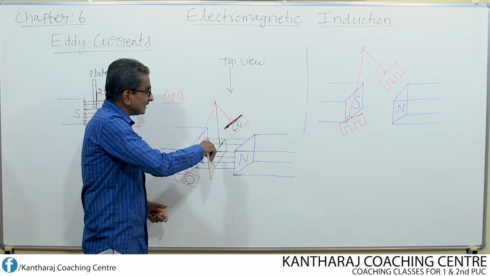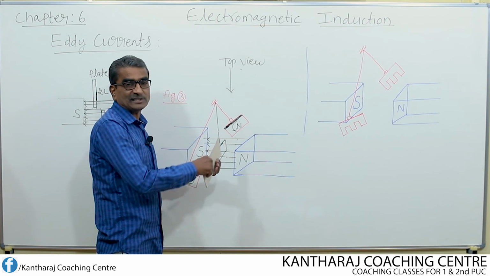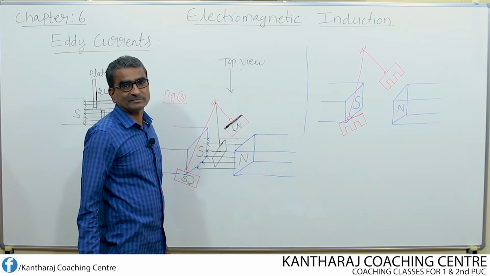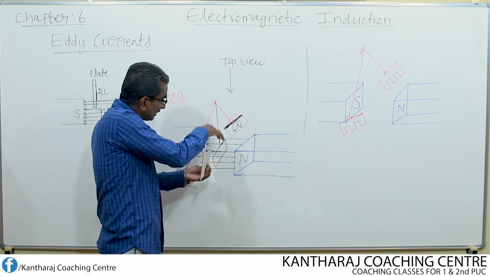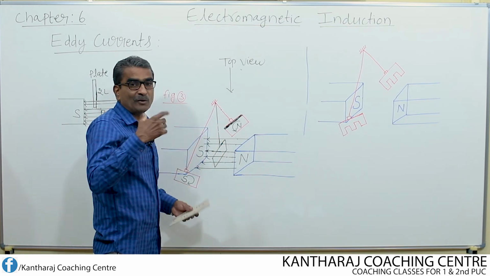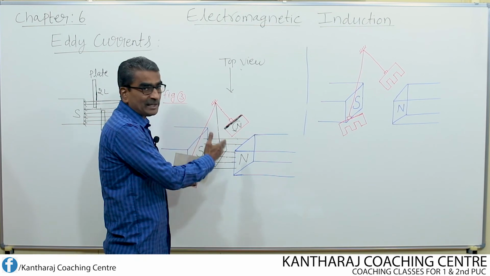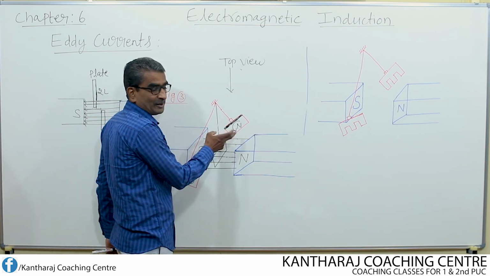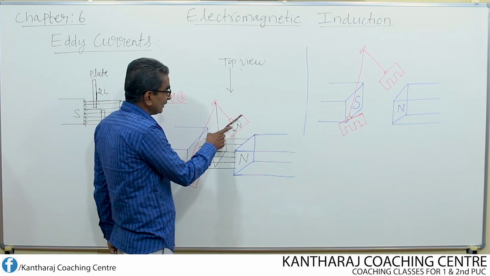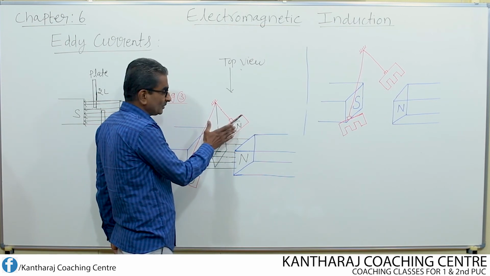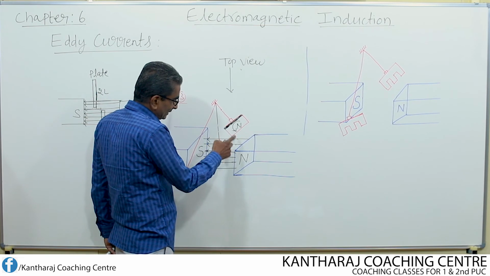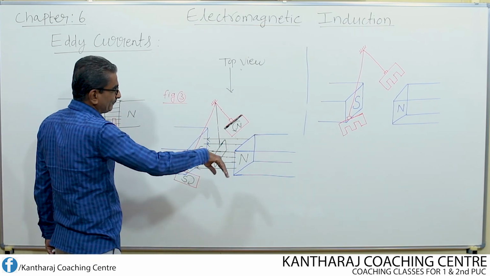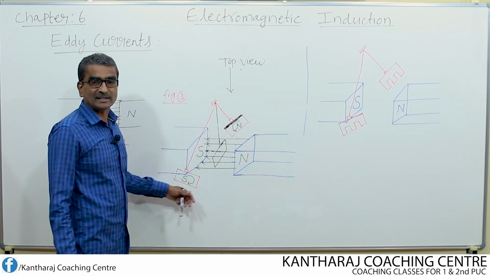So therefore here, because of formation of eddy currents only, the oscillation gets damped. That means the oscillation ceases. The plate cannot oscillate freely for a long time. If it is a thick plate, it cannot oscillate freely for a long time. Why? Because of formation of eddy current. So eddy current results in the formation of what? Formation of 2 opposite poles here, north and south. So these poles now, while entering, it is repelled, while coming out, it is attracted. So that's why the oscillation of the plate decreases.